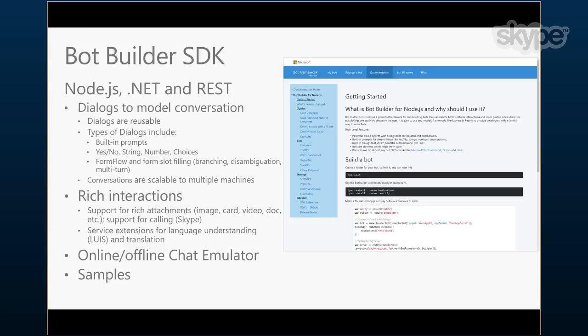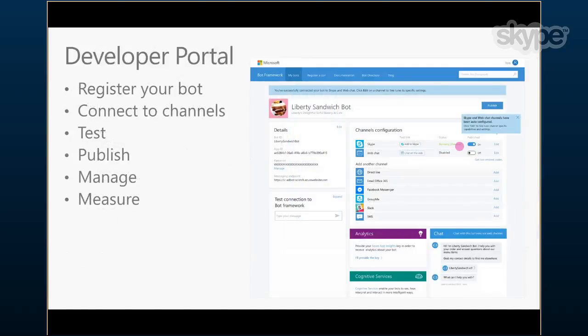There's a fairly thriving community of people that are wanting to enhance or add features to the SDKs, and there's a growing set of samples both for C# and for JavaScript that show you how to complete some of the common tasks that you might be interested in when using the bot framework. For example, creating a new form and then handing off to the SDK to allow that form to be completed. So I'd certainly recommend that you go take a look at the samples and the documentation that are part of the bot framework SDK.